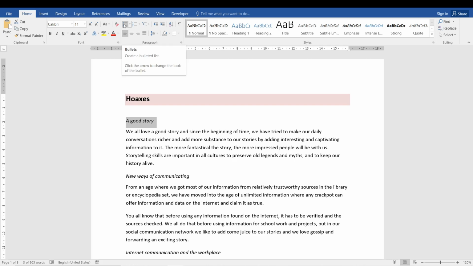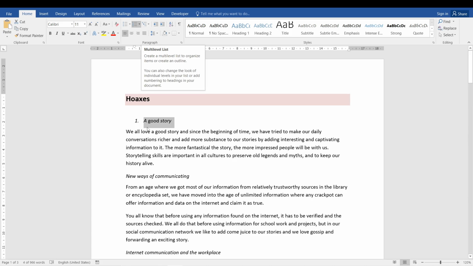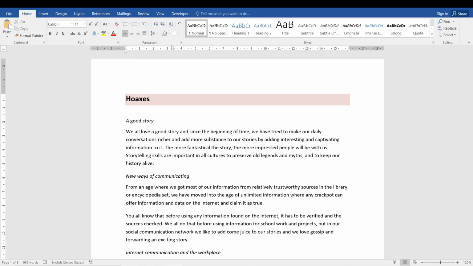Let me demonstrate. Select a good story, and I click bullets, and what you see is an ordinary, boring old textbook bullet. Then you have the next option, the numbering option. So I can create a numbered list, or an ordered list. Then you have a multi-level list, but let me just undo that first, and before we move on to the multi-level list,